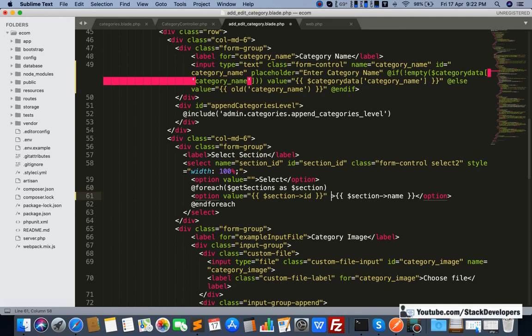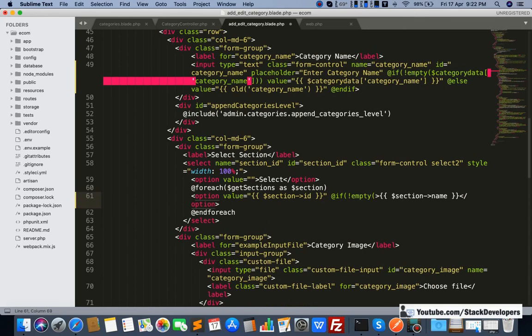Okay, so I'm going to check with an if. First of all, I will check not empty that section ID is actually coming or not from category data, category data section ID. Along with this condition, I'm going to add another condition as well. This ID must be equal to the section ID that is coming.